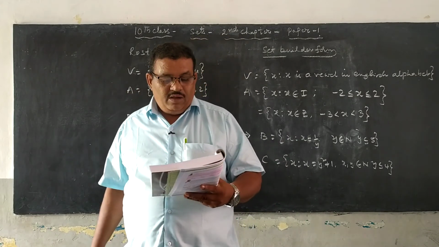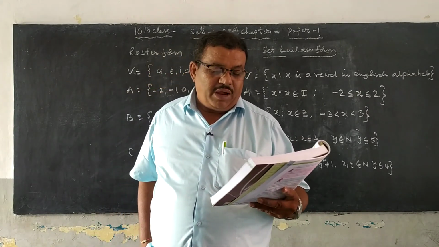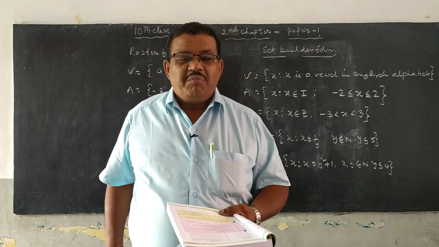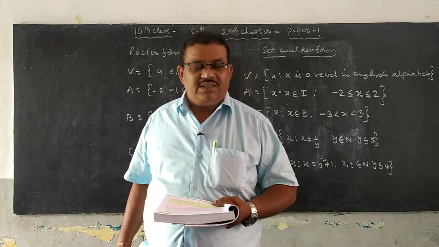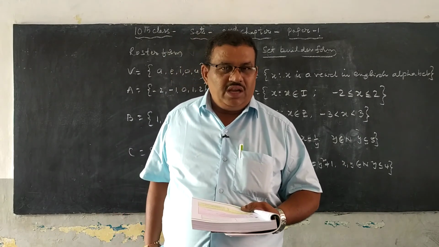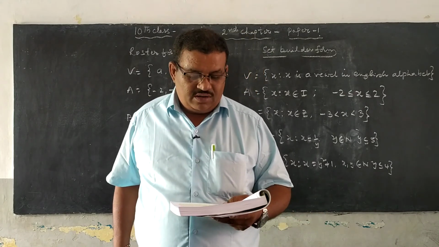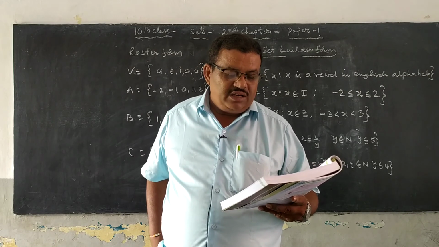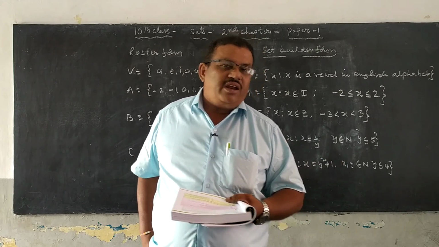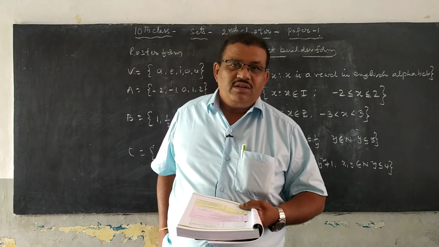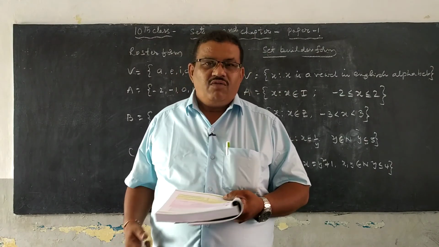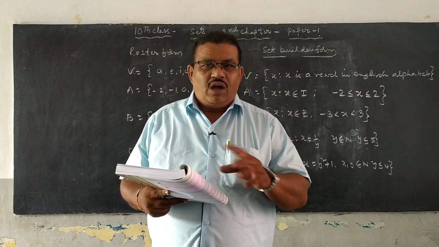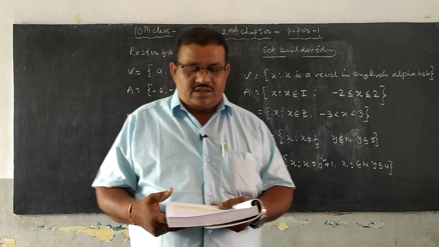Next question, P is the set of all prime numbers smaller than 10. Prime numbers smaller than 10, what are they? 2, 3, 5, 7. The third question is, X is a set of colors in a rainbow. What colors are there in a rainbow? VIBGYOR, there are 7 colors. VIBGYOR, you know that? Apply that one and you get all the colors.